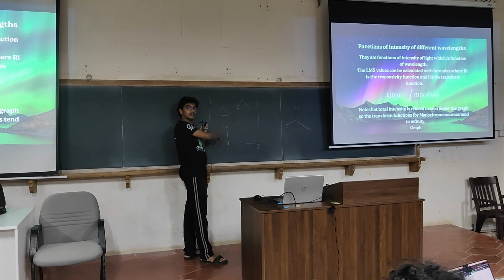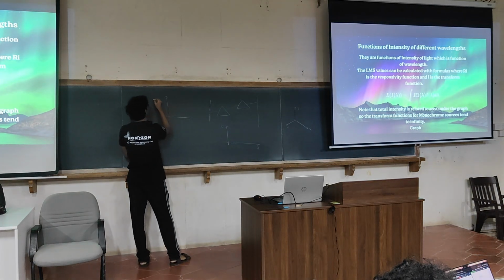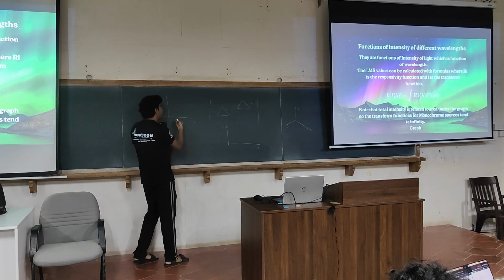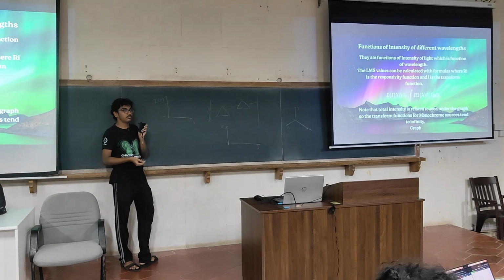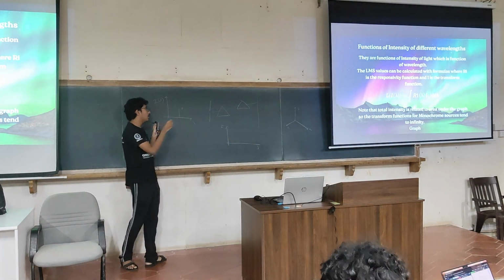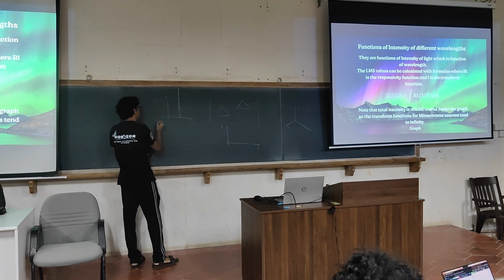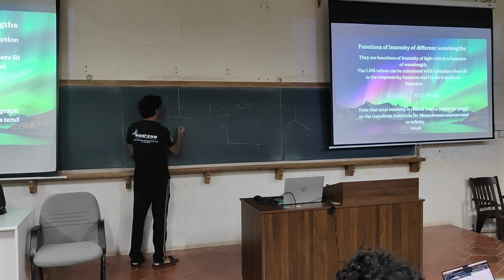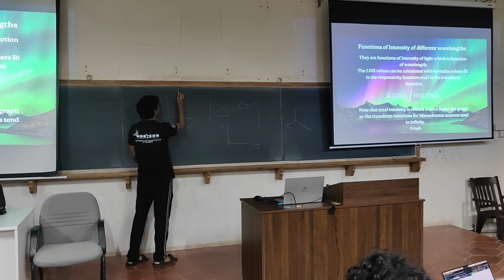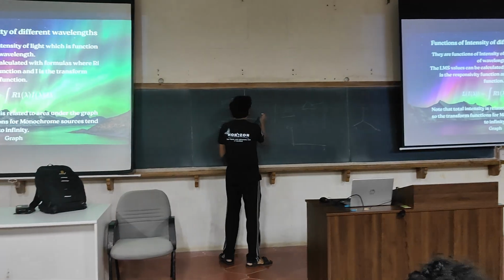You guys can see this, right? This graph, or else I can draw it here. So this is the intensity function expressed as a function of lambda. For example, how would an intensity function look for a monochromatic light? Like this? No, it would be like this. That is because the total intensity is the integral of the intensity spectrum. If the total intensity is constant, then this function must go to infinity for a very small interval of lambda. So this is how monochromatic intensity spectrums look.